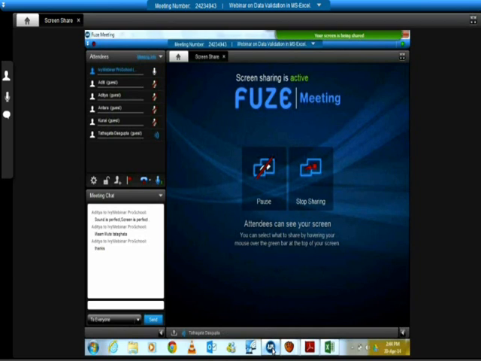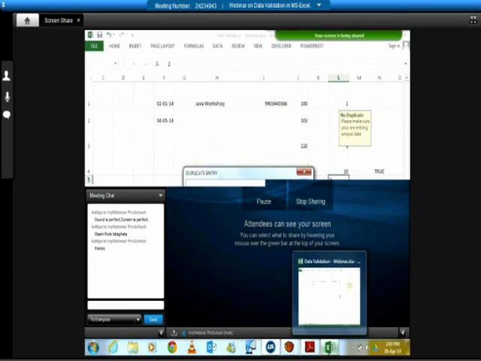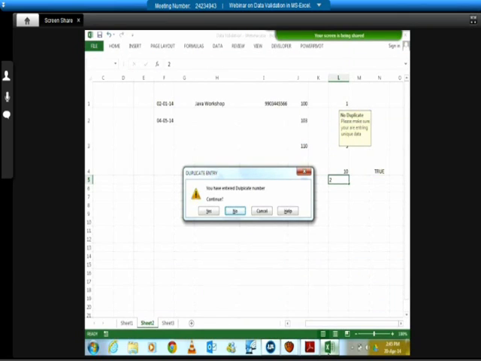Right? Similar to your warning is your information. I can also have the information. Information will give me information. Again, it can allow the user to go ahead. So if I put 2 over here, this is how it becomes. It's okay. It's just giving you the information that you entered a duplicate value. Okay, no problem. Go ahead. Right? So it has just okay and cancel buttons. In warning, it's warning you. Then it's up to you. You want to say yes, no, or cancel. So this is the whole thing in your data validation.